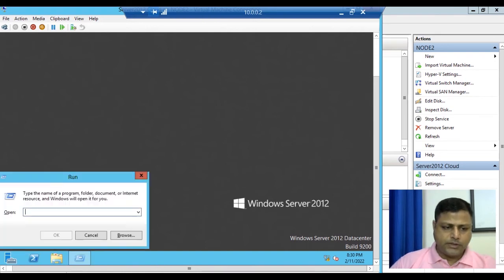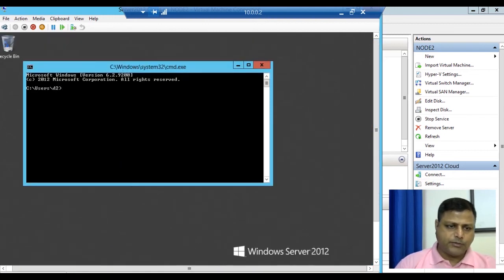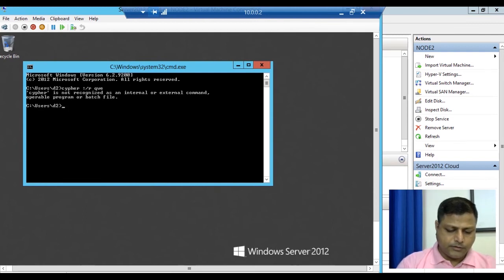So we'll go to the command prompt, cmd, and it will create the encryption key. For that there is an encryption key command, that is cipher. So the command is cipher /r: